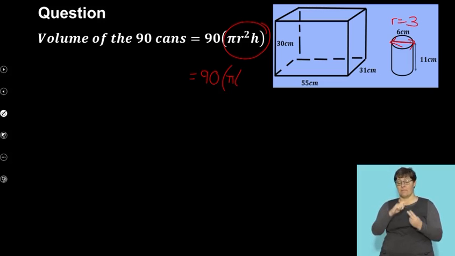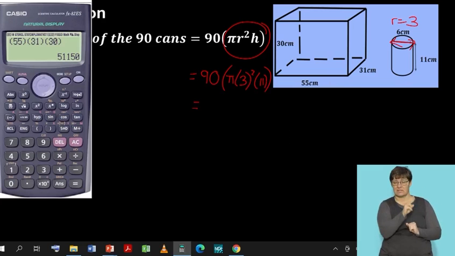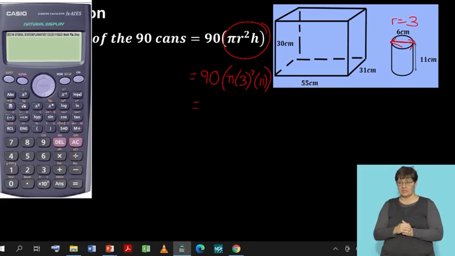So it's going to be pi times 3 squared multiplied by my height, which is 11. So let's plug this all into my calculator to see what the volume of 90 cans will be. So it's going to be 90 multiplied by pi times my radius squared times my height,